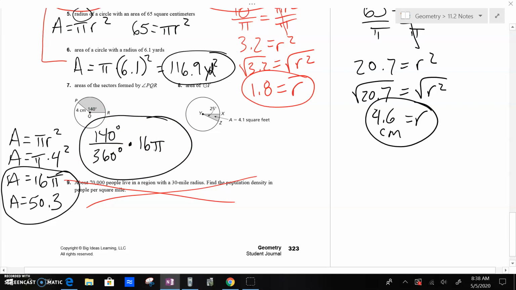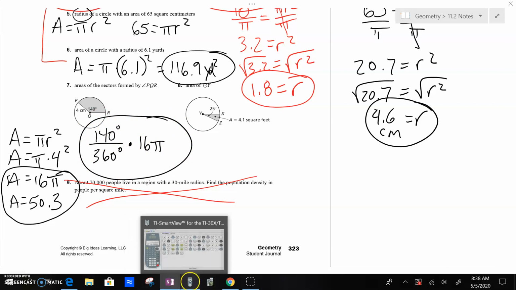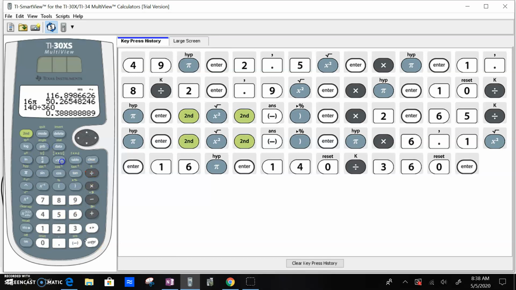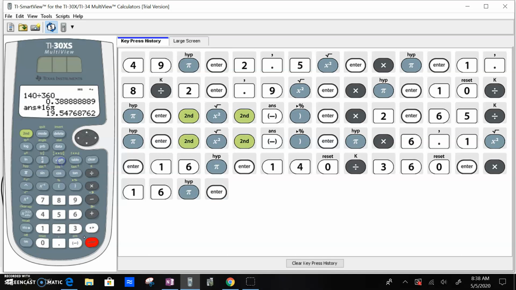140 over 360 times 16 pi. So 140 divided by 360. And again, that's going to give us a decimal, which is a percent. So we're talking about 38% of the circle. And then we're going to go times 16 pi and hit enter. And that's going to give us